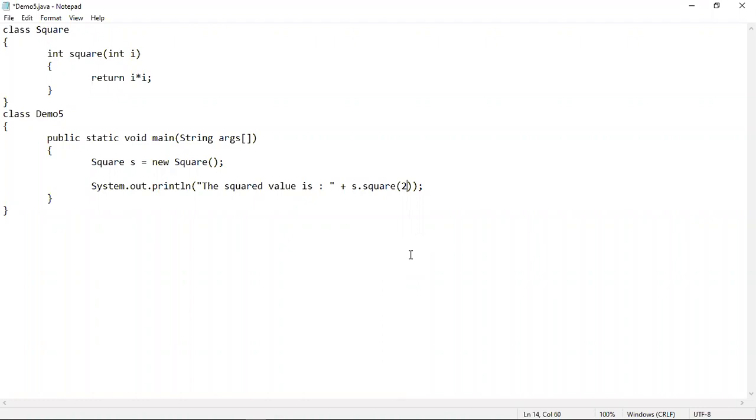So this is a program which gives you a squared value as output. This is a program to demonstrate the use of parameterized constructor, parameterized method, as well as a method which will return some value. And here you have also seen that a method can work on instance variables as well as on the parameters or local variables. They will not only work on instance variables, they can also work on the parameters or the local variables only.